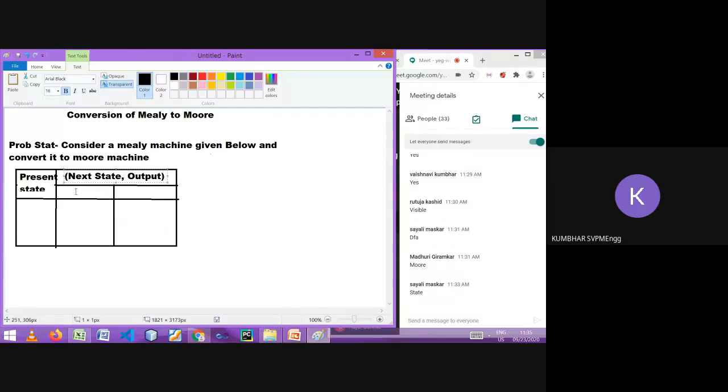And the inputs are input 0 and input 1. So I'm going to draw the given.